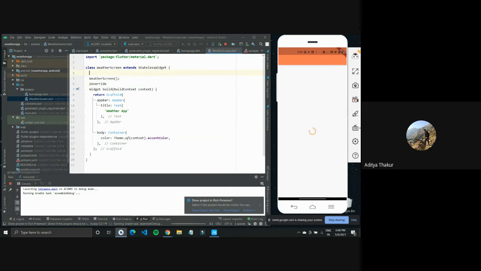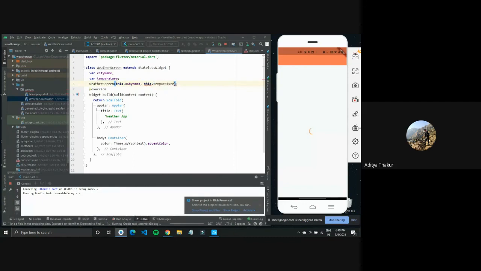First, I'll create those local values, which would be one, the city name, and two, a variable, which would be temperature. So inside my constructor, I'll need these values. So I'll just use this dot city name and this dot temperature.